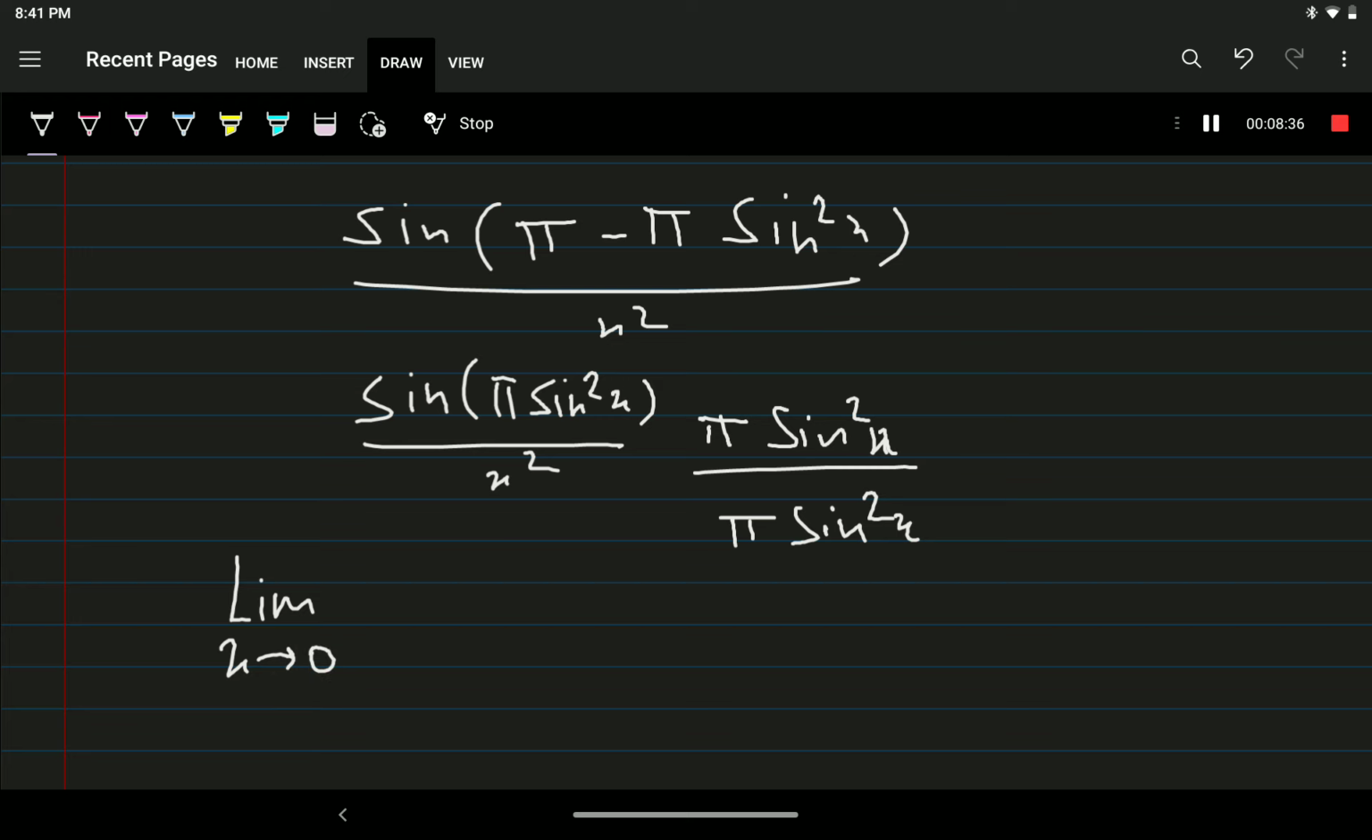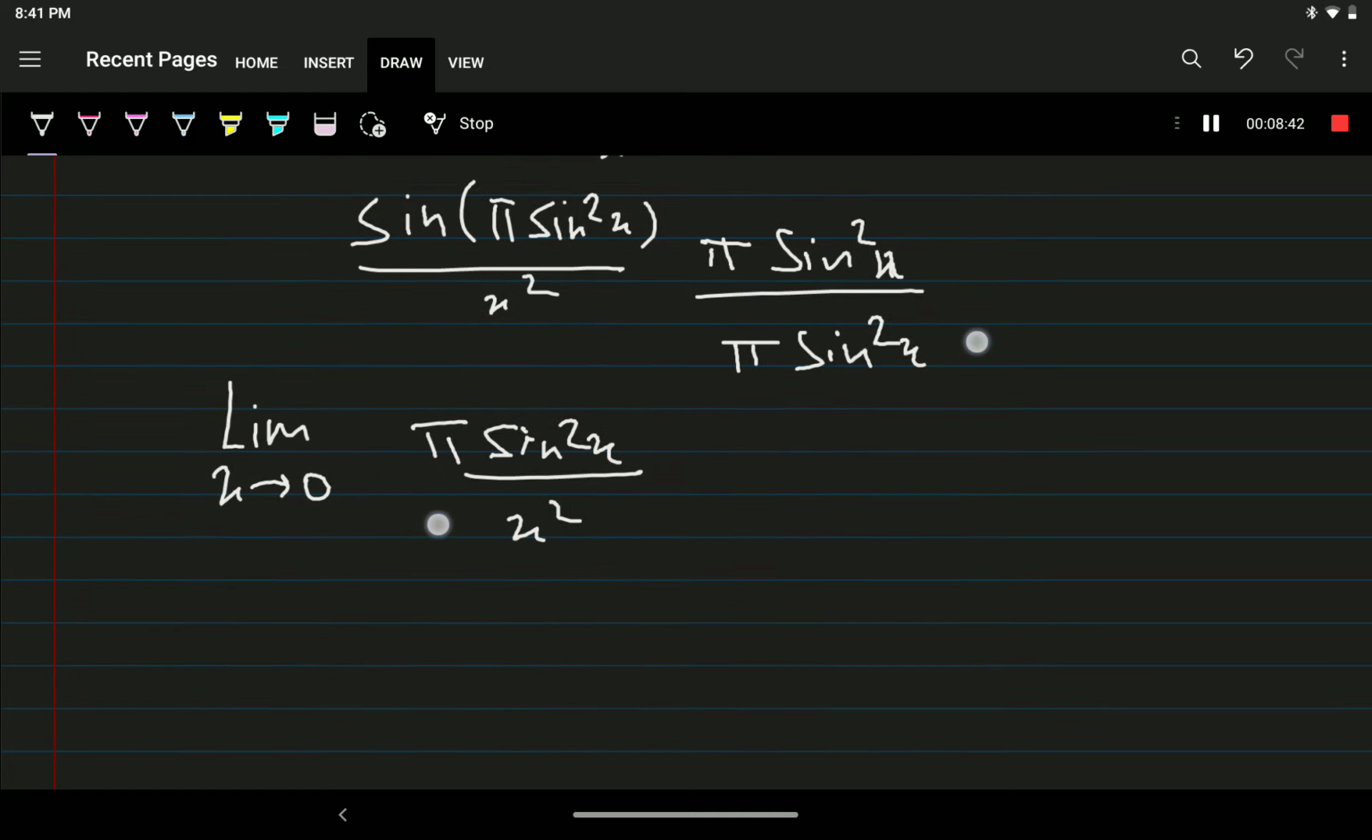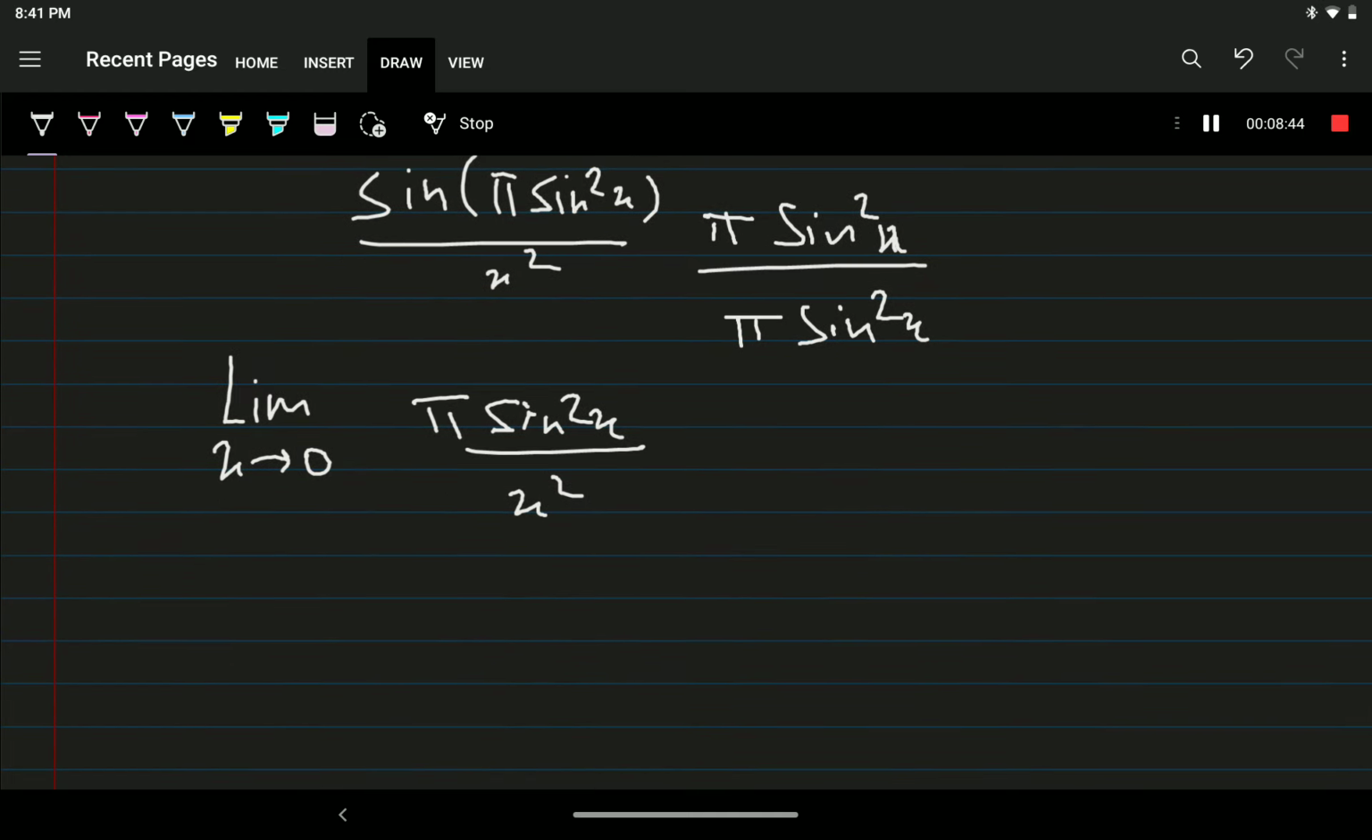I can write it as pi sin squared x by x squared. Now, you might be thinking how I changed it like this. And guys, there's an important property I wanted to explain by this example below. That limit x tends to 0